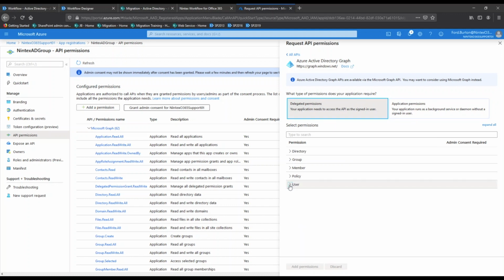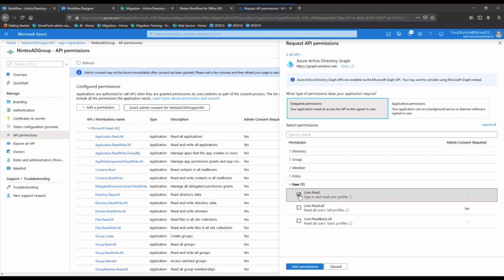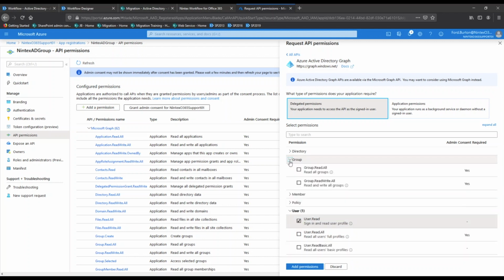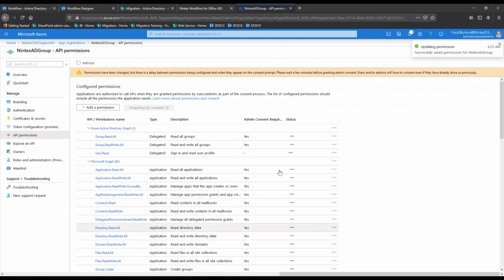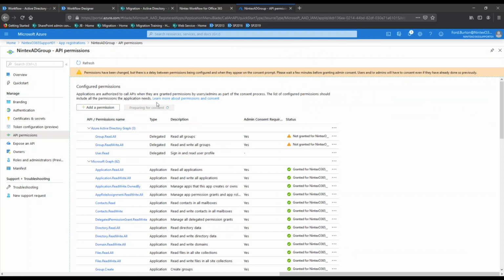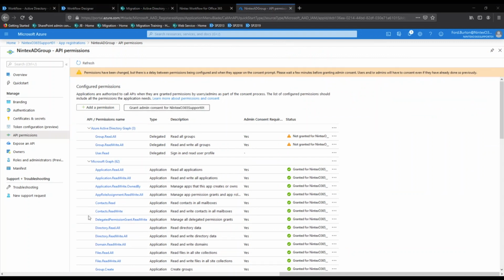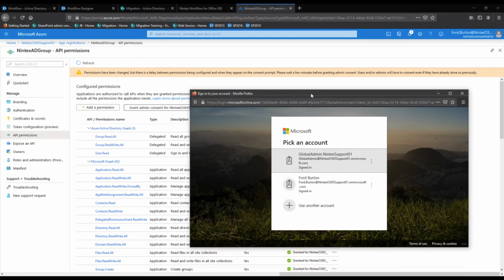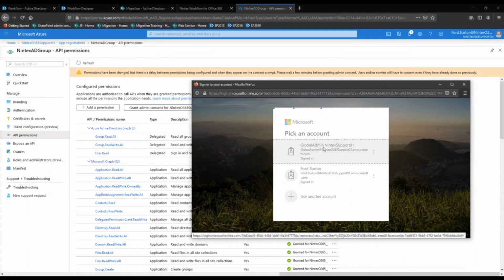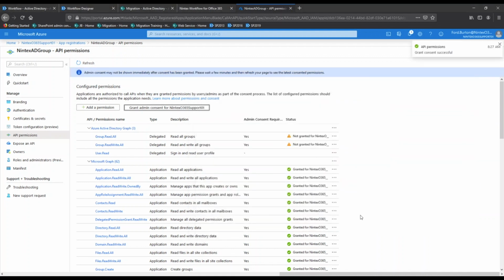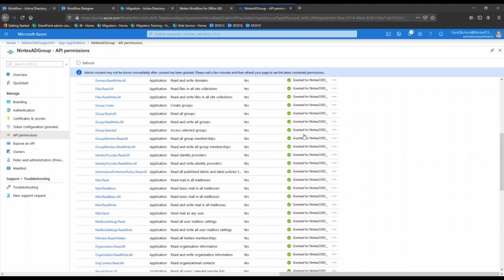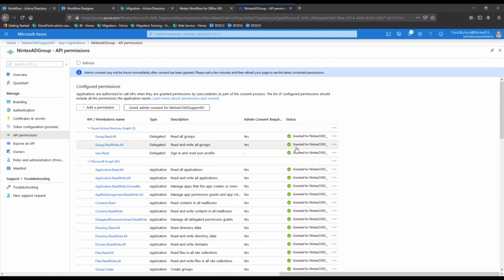We'll go ahead and select Users and say User Read. Then we're going to go up to Group. And we're going to say Group Read All and Group Read Write All. And we'll say Add Permission. You'll again need to wait to grant consent. We'll then grant consent. And once everything goes to green, we'll now actually be done setting up everything that we need within our app